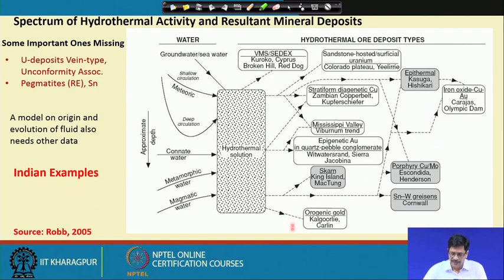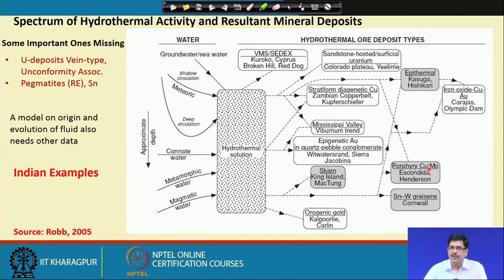So, for example, the orogenic gold deposits or the lode type gold deposits are well documented in the Indian context in the Dharwar Craton. We do not typically have the Carlin type gold deposits, which occur in younger rocks in the Mesozoic and later, like what happens in the Western American Cordillera, the Basin and Range province in the state of Nevada. The famous Carlin type gold deposits, which are rich sources of gold right now, we do not have such representatives as of now known to be occurring in the Indian subcontinent.